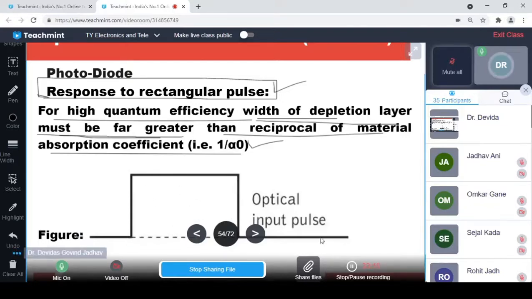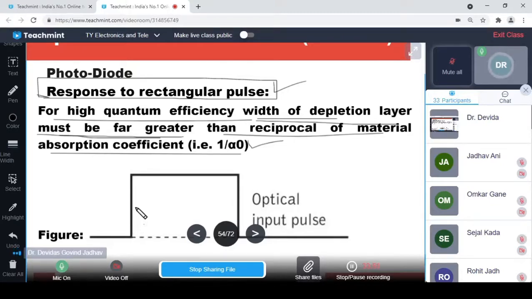Now suppose 100 photons are falling here, and with 85% quantum efficiency, 85 electrons are generated. Here 100 photons are falling, 85 electrons are generated. Here 100 photons are falling, 85 electrons. When photons are incident, here 100 photons, they may not be absorbed immediately, they travel some distance, and till then the next 100 photons are falling, they are traveling, and the next photons are falling, they are traveling. So when a photon falls on the material, electrons will not be generated immediately.